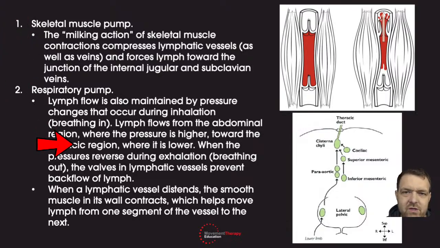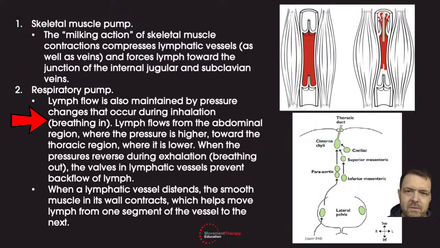So these are the main ways in which you get lymph around your body. The manual lymphatic drainage stuff that you see will only deal with the superficial tissues. So obviously we've got drainage from the subcutaneous area, underneath the skin, but anything deeper than that, around skeletal muscle, around the organs, the body will do its thing. And one of the best things that you can advise people who have a compromised lymphatic system to do is to move. Because the more you move, you activate the skeletal muscle pump,